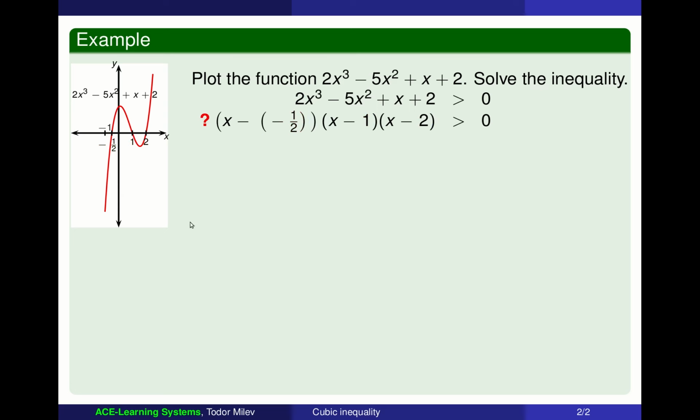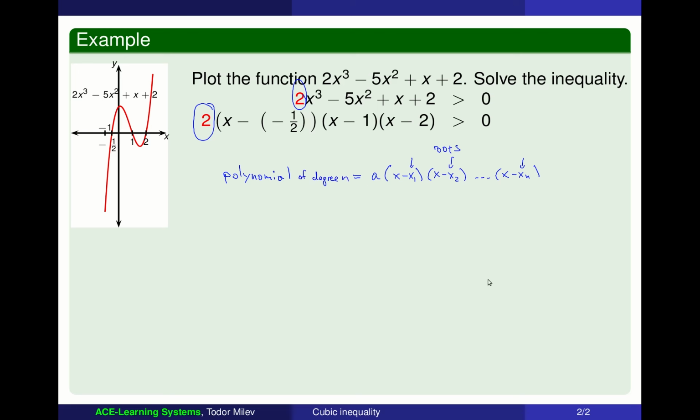Okay, now can you tell me what should I put here? What should I put under that question mark? I'm sure you guessed it correctly. That's my leading coefficient. Just a reminder, an arbitrary polynomial can be factored as a times x minus x1 times x minus x2 and so on, all the way to x minus xn, where these are the roots of the polynomial. How many roots? A polynomial of degree n